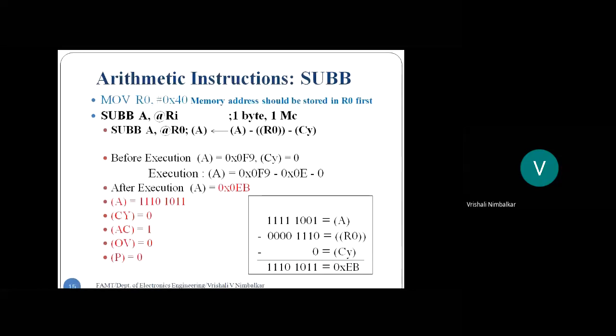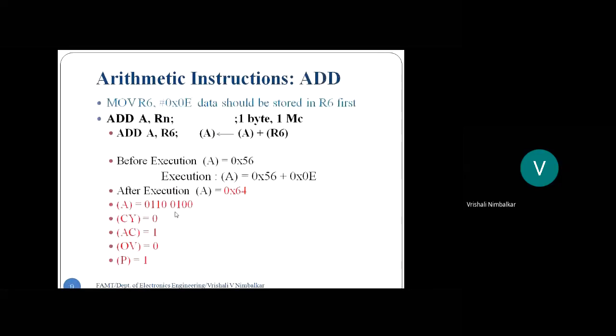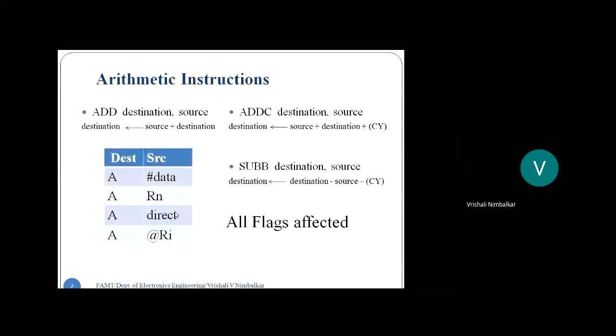In the last lecture, we had started with the arithmetic instructions. The arithmetic instructions that we looked at were ADD, add two 8-bit numbers, and one of the data should be in accumulator and the result is also stored in accumulator. Then we saw ADDC, add with carry, same format. One of the numbers should be in accumulator, the result is stored back in accumulator, but the addition is along with the 1-bit carry flag. Then we have the subtract with borrow instruction.